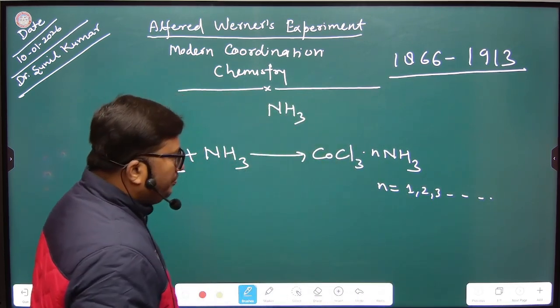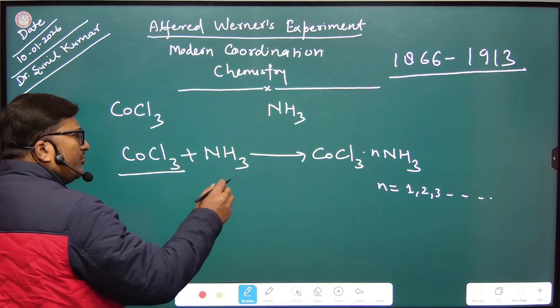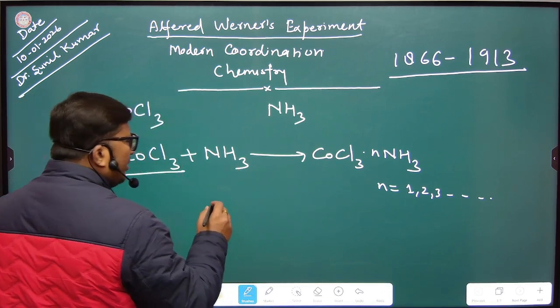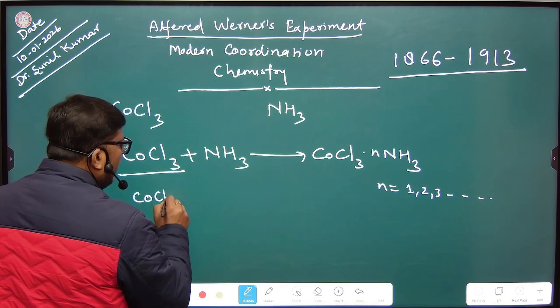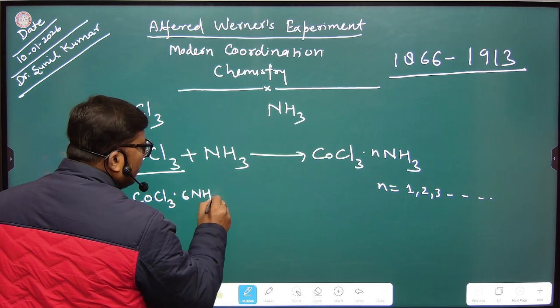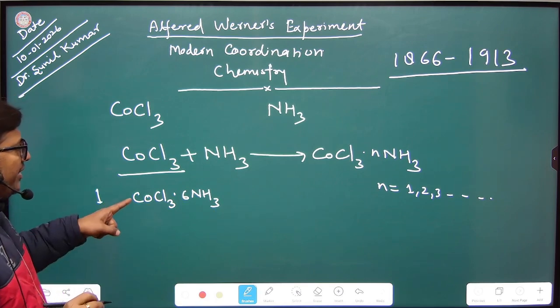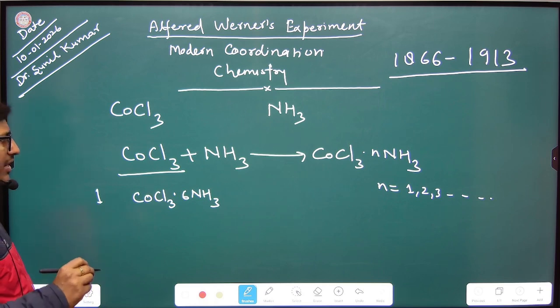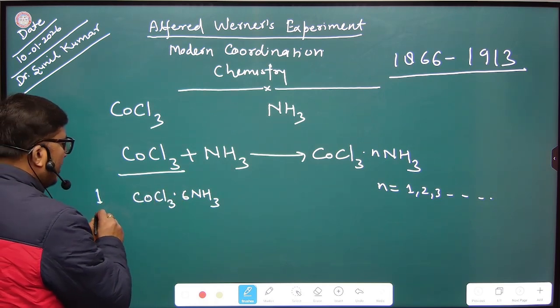The main inference of this chemical adduct is that the first compound he obtained was CoCl3·6NH3,